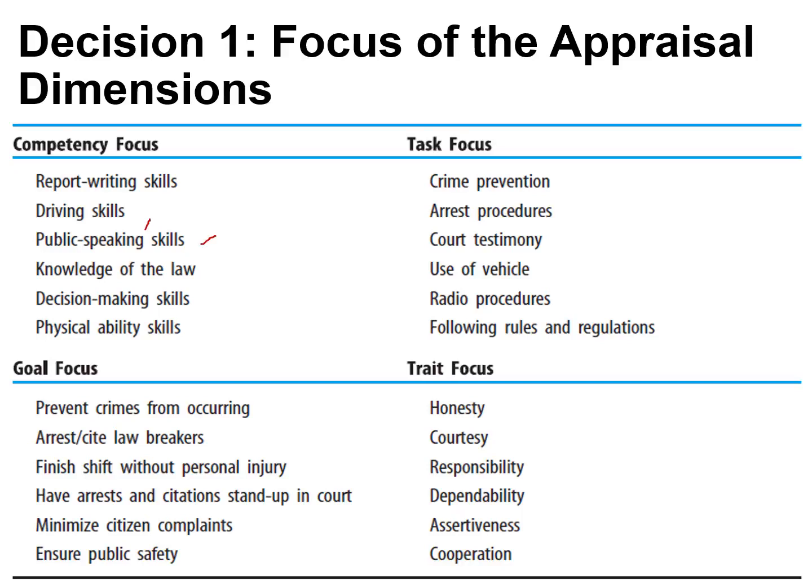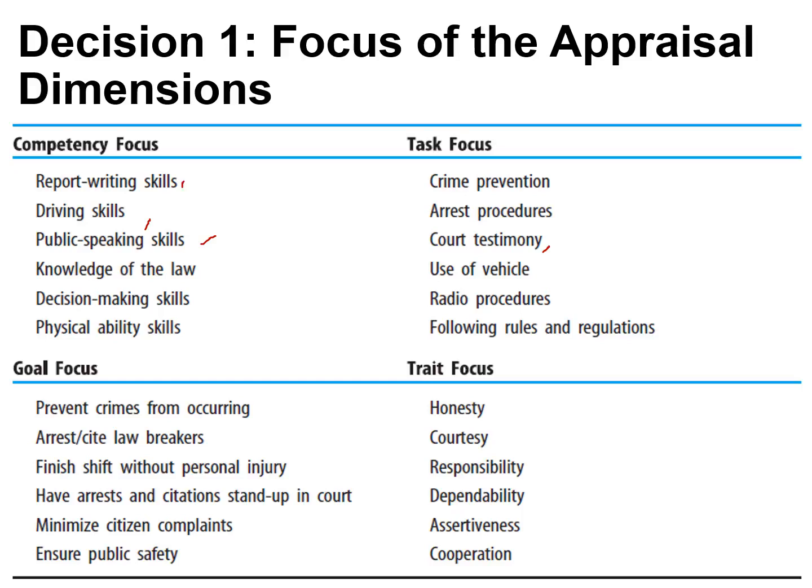But when we talk about task focus, this may be close to competency focus, but the difference is that task focus is broader, because in doing a task, you need to use a lot of competencies. Say, for example, public speaking skills for a police officer may be important in giving a court testimony, or writing skills may be important in